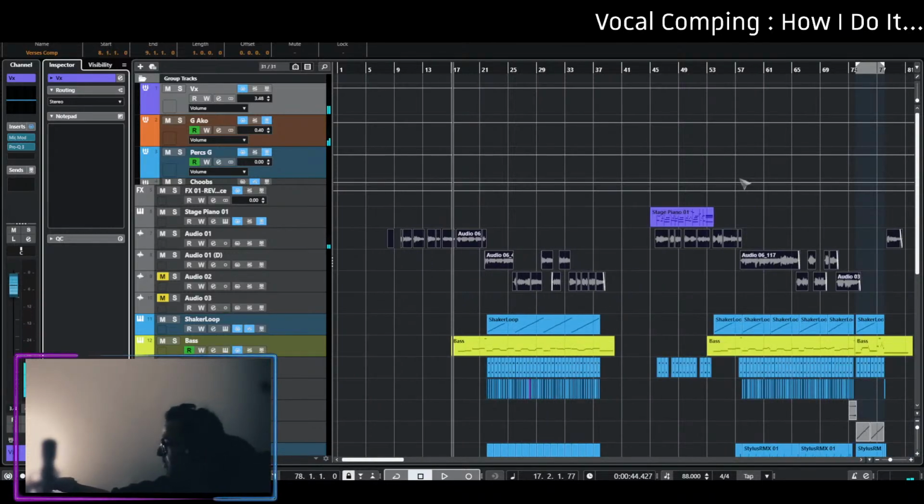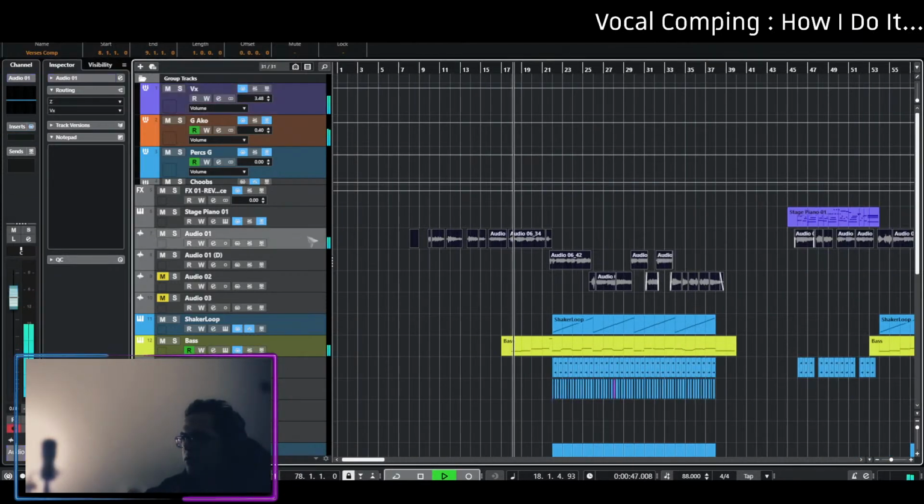If we imagine all of the instruments are mixed in the correct place,